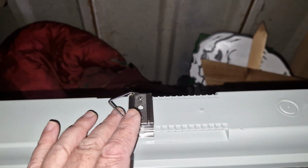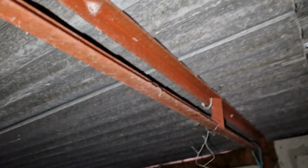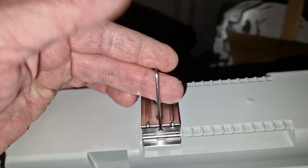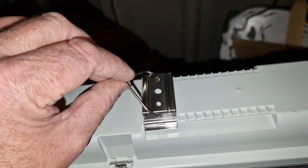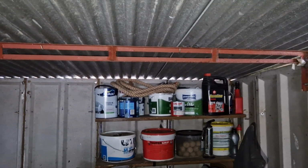So this one, you've got an option to screw these onto a ceiling, but if you remember, I've got a corrugated roof, so there's nothing to screw into, but I do have these cross beams every so many feet, so they give you a loop attachment with the option to hang these from the ceiling. So I'll be using these loops to hang them from the beams. And then if I just pan around, I'm going to hang them roughly in this area,